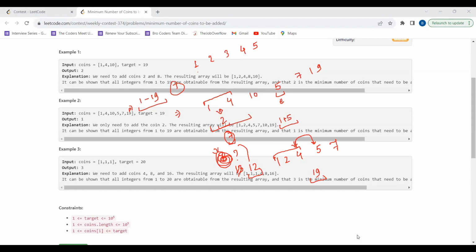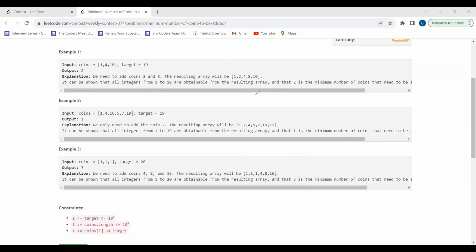And for the code part, what I'll say, first of all, you'll need to sort this thing. Then you'll need to iterate through the array, and constantly you'll need to maintain a sum. And this sum will actually represent the total sum of the elements you have till now. And next thing will be,